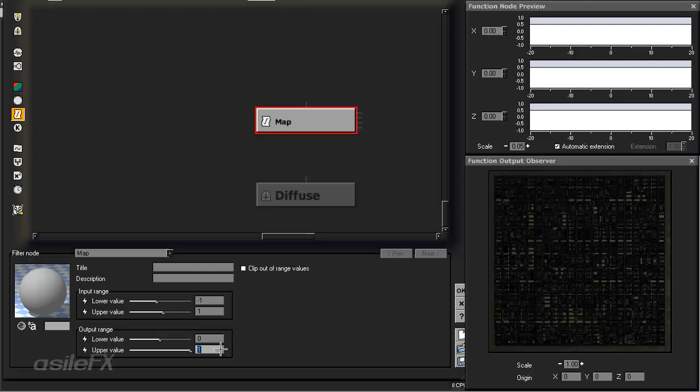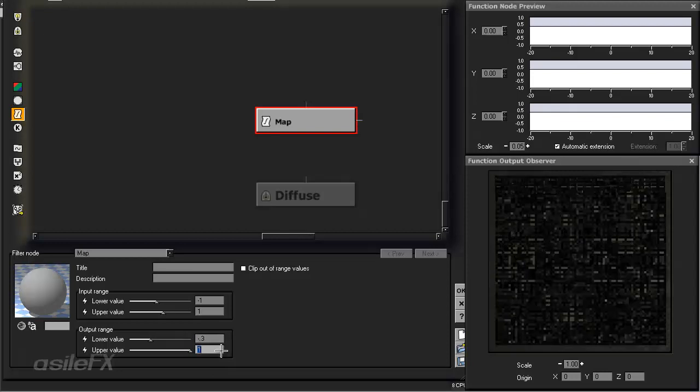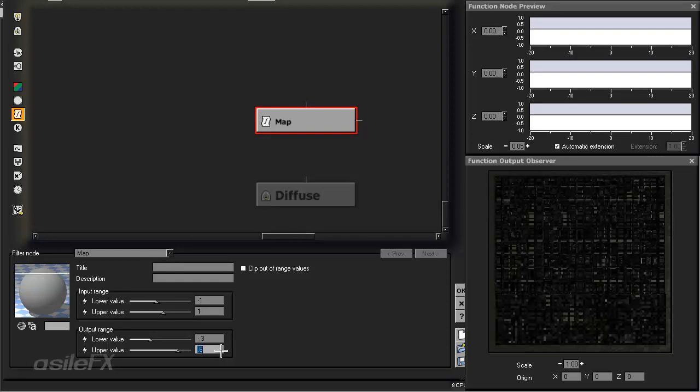Now, some values are reversed, like the contrast. That is a reversed output where 0% is equal to 1. So sometimes you need to reverse it, but for the most part, it should match up pretty well. So what I'm going to do is set my lower value to -0.3, my high value to 0.6, which is actually going to be kind of bright, but since we have a darker surface, that should be okay. Connect diffuse to the map,